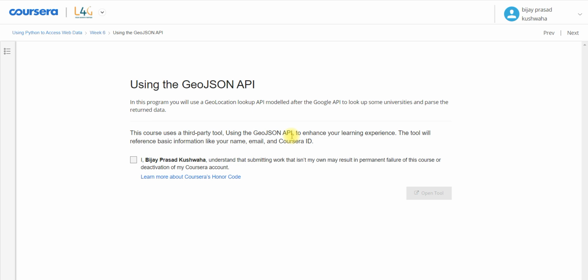This tool will reference basic information like name, email and course ID. But actually when we go inside, there is the JSON API, not the GeoJSON API. They have explained one demo sample problem with the GeoJSON API, but the statement given to solve is with the JSON API only.